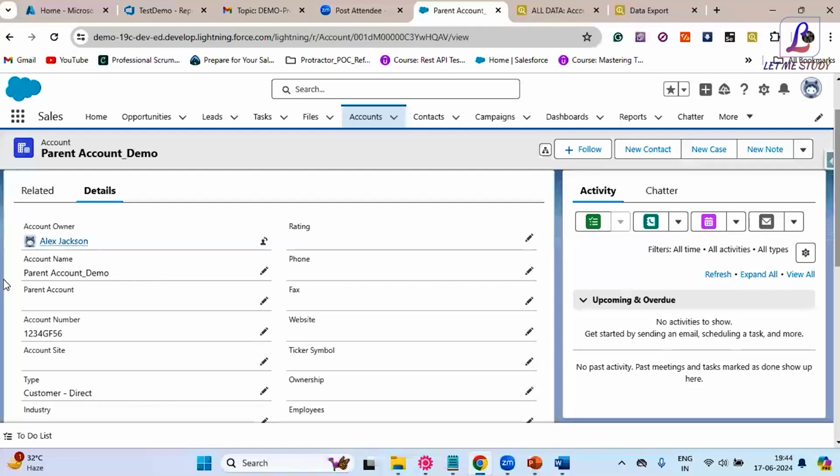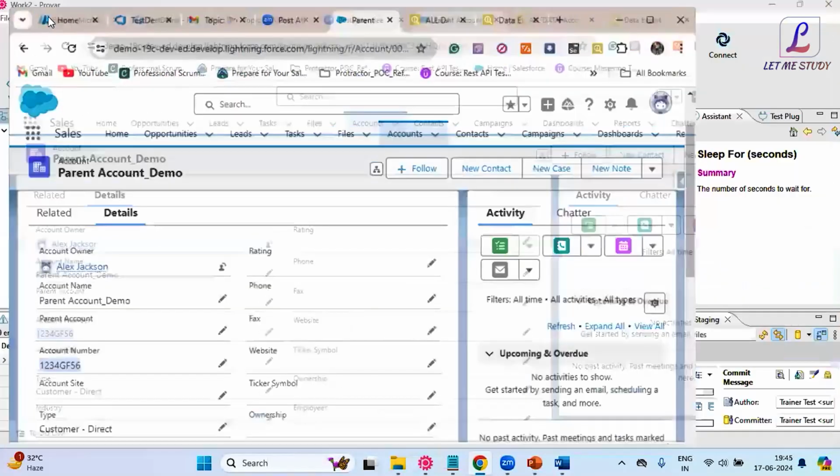Maybe, see, the account name. We are giving the account name, so it is identical for us. This account number also we are giving, so this account number will be identical. So what you can do in the SQL query,